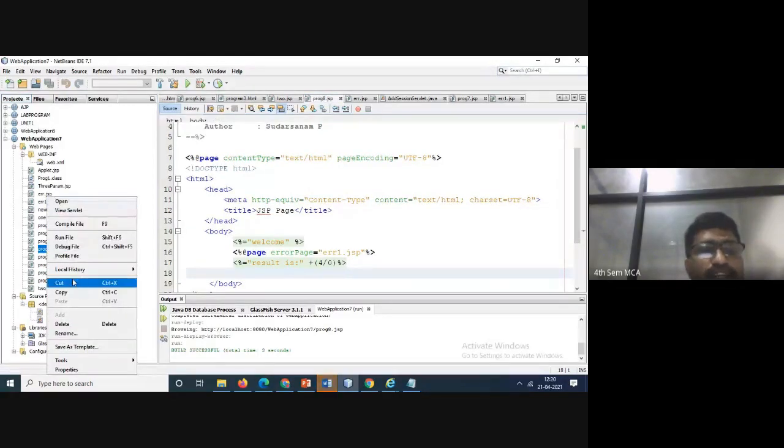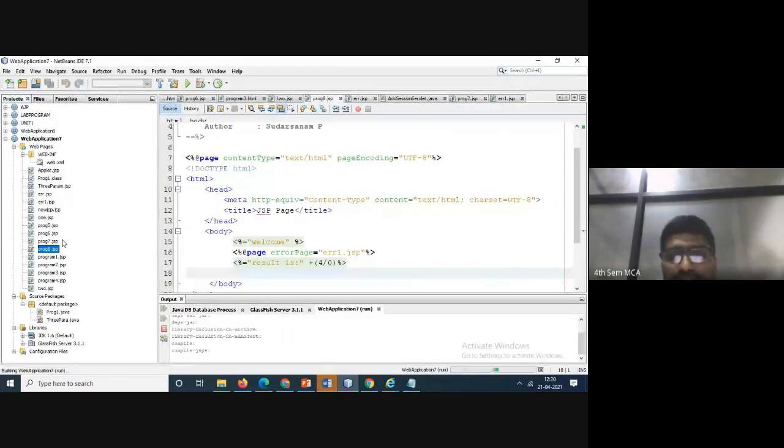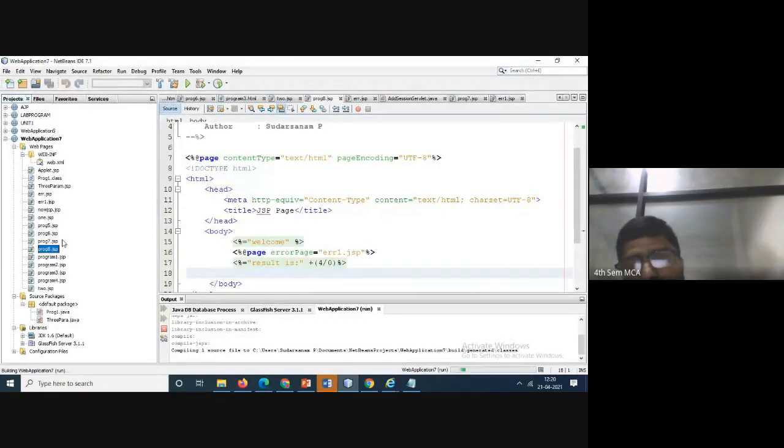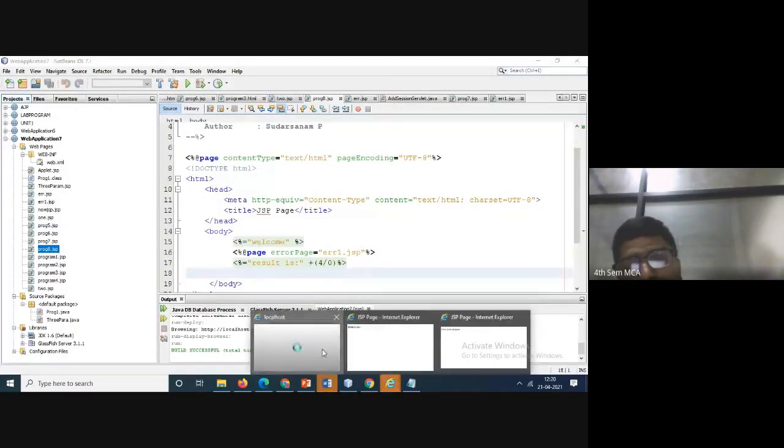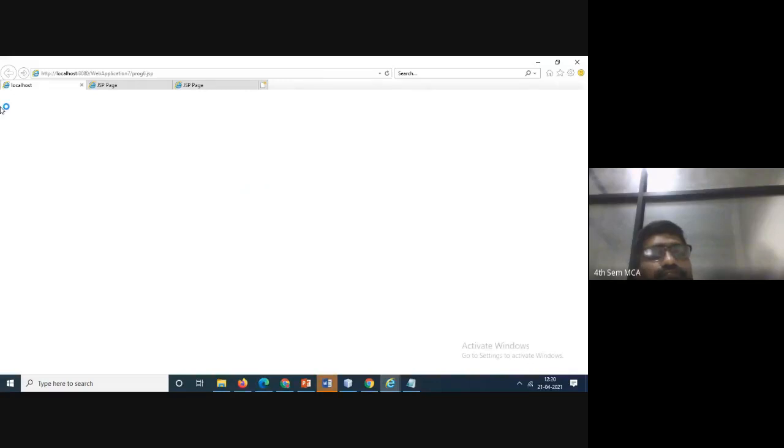See, now you can run the program. So you can see the same thing, you will get it. Previously I had written divided by 0. Now I will change it to error in the program. So you got the error in the program, program number 8. This is the way of changing it.